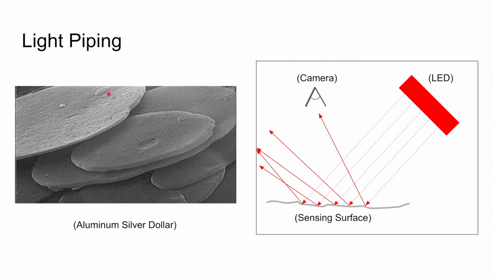Just to catch you up, there's a video before this that primes you on how microgeometry influences how light interacts with the surface. But just a quick catch up, this sensor is going to be based off the aluminum silver dollar pigment, because this type of pigment has this nice property that as light comes in and hits the surface, it tends to reflect in a desired direction, but there is a little bit of variance where some